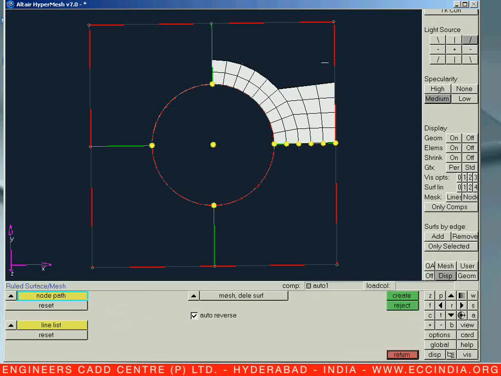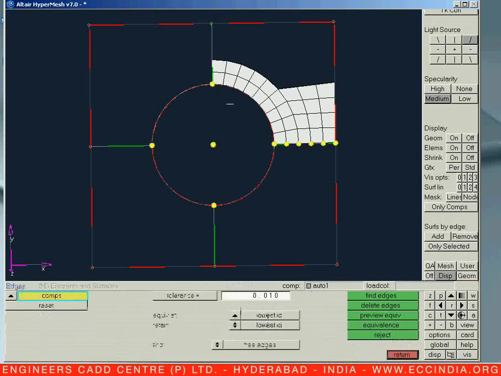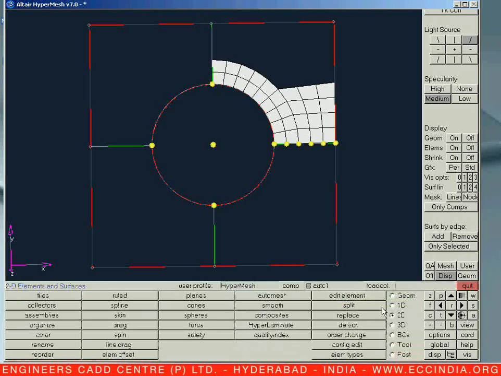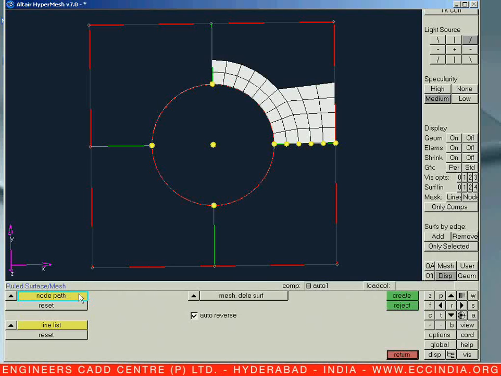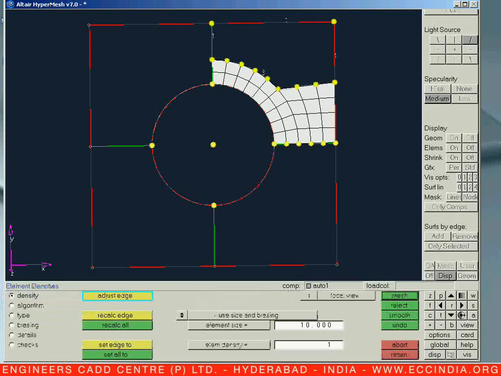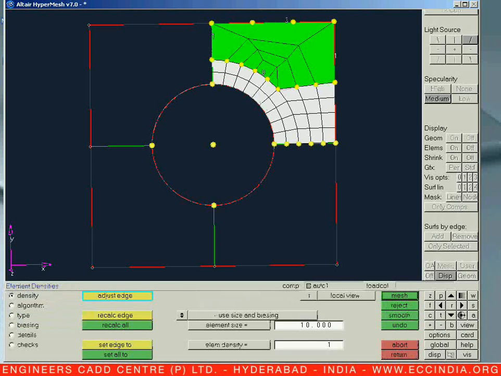After that, we need to go for the ruled again, but before that, Shift F3, preview equivalence and equivalence. Now let us go for ruled for the nodes 1, 2, 3, 4, 5, 6, 7, 8, 9 to the opposite side line. Let us say mesh, so make it 8.